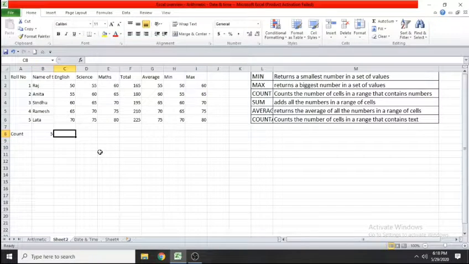So we have seen up till now the minimum function min, which returns the smallest number, max, which returns the biggest number in the set of values, count counts the number of cells, sum adds all the numbers in a range of cells, average returns the average of all numbers, and count A. Let's say count A is what? Suppose I am writing